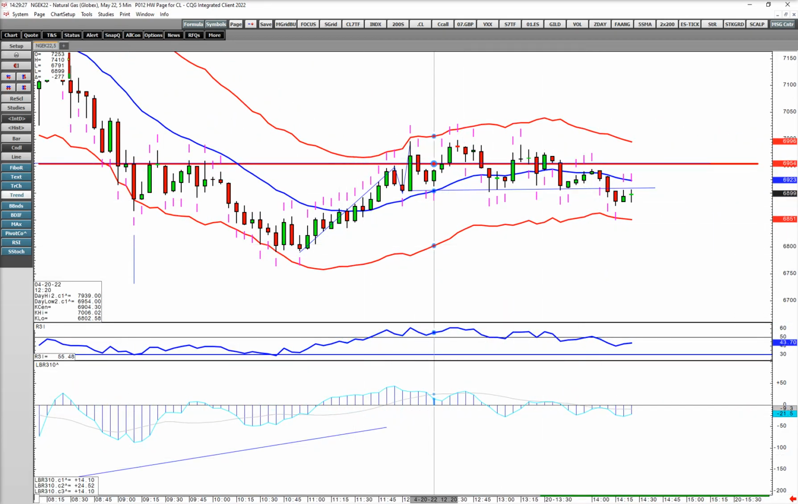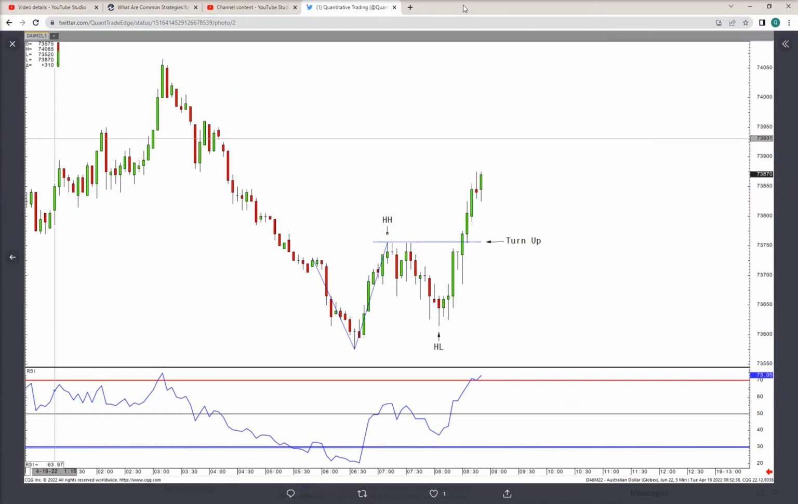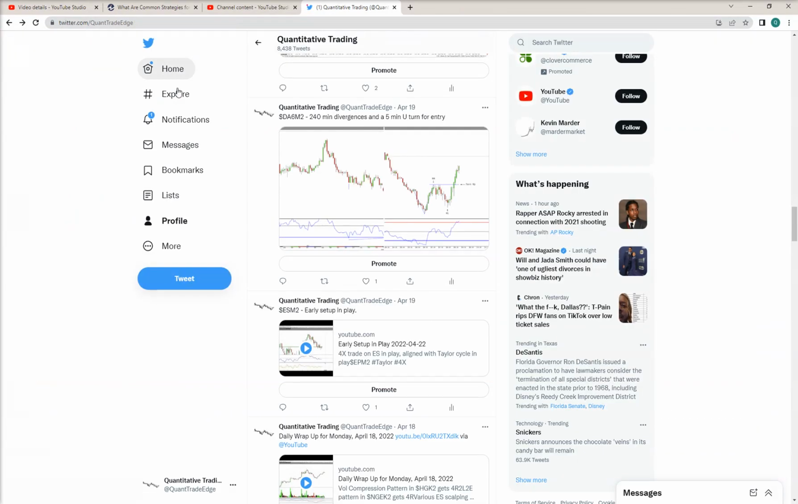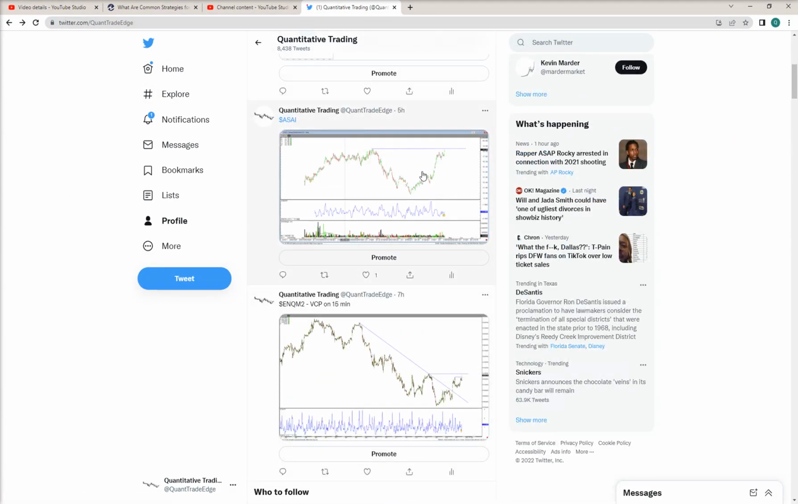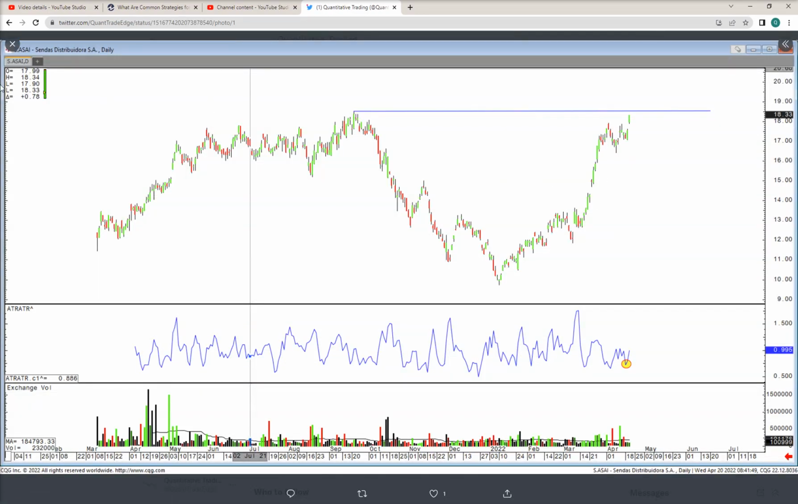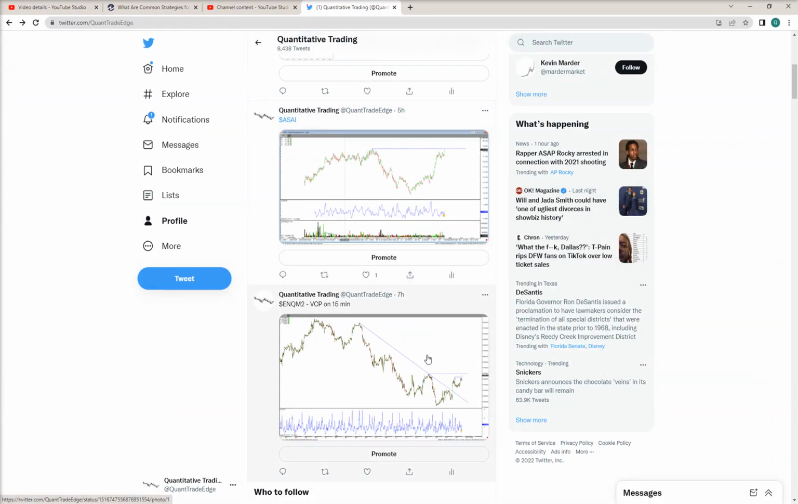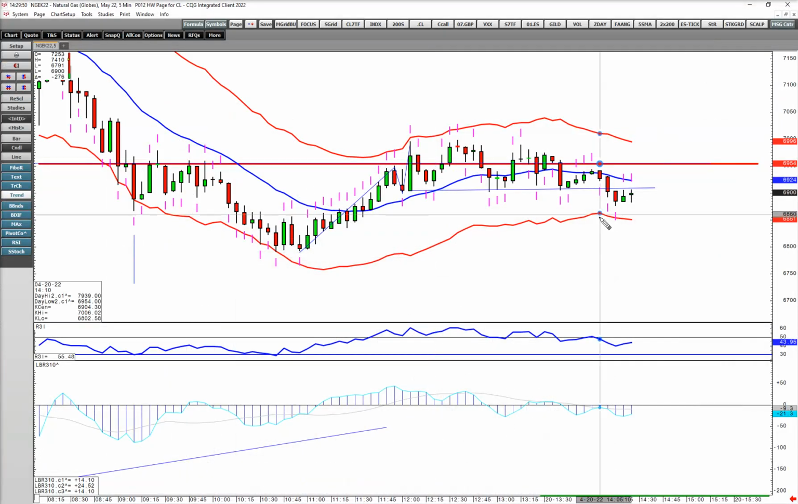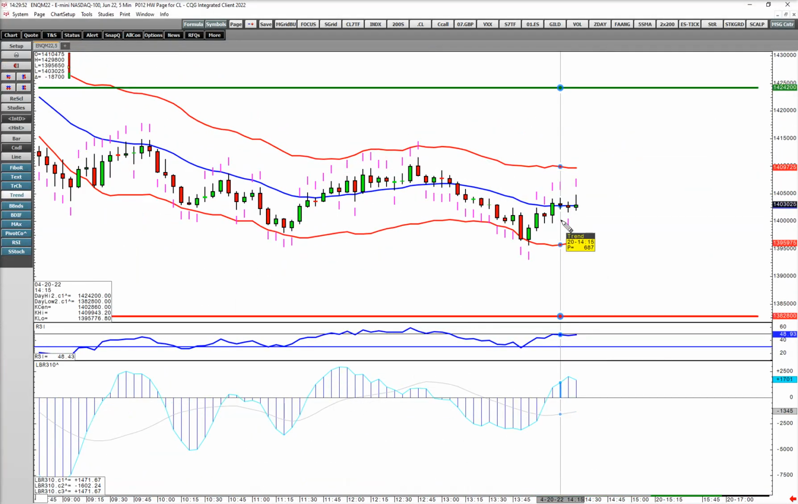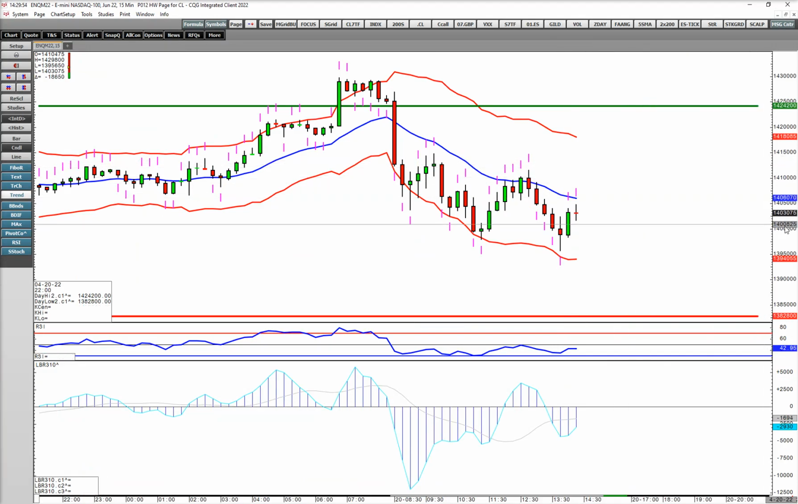Going back to something else I posted this morning on Twitter was a volatility contraction pattern in the NASDAQ. And, oops, I'm sorry, that's an equity. Here we go. So we'd broken this 15-minute downtrend, and we had this little contraction pattern, and this was all pre-open. So if we were to go and look at that pre-open,